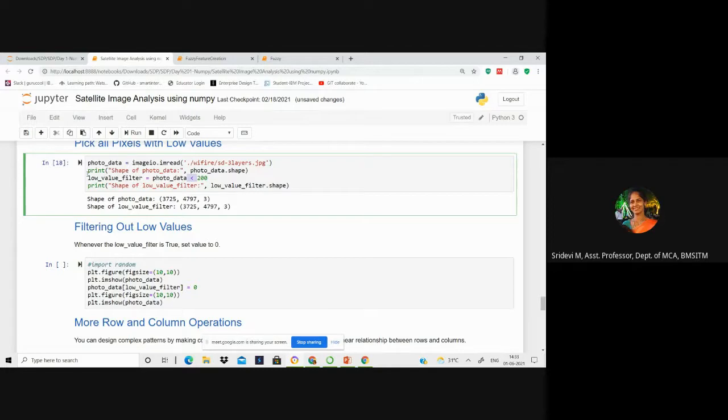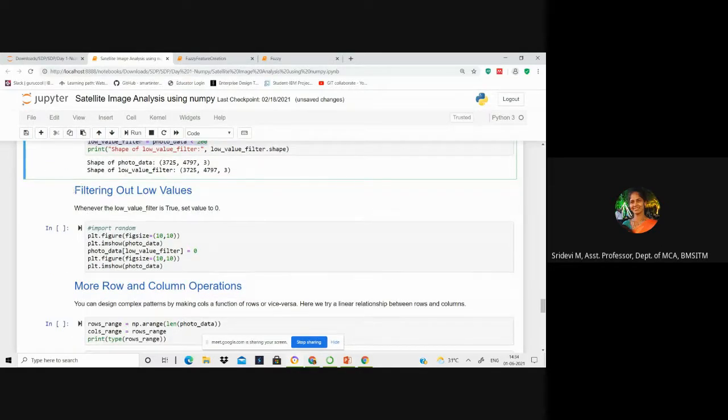So how well we use this filter is important. Forming a filter is easy, but you have to apply it carefully, otherwise you'll get the negation of it, the opposite of it. Now see how to filter out low values.